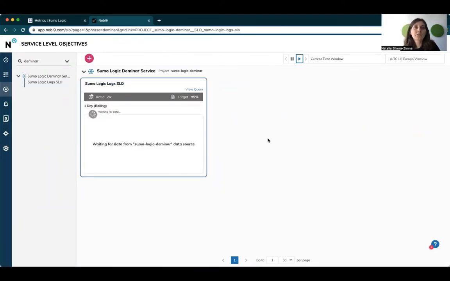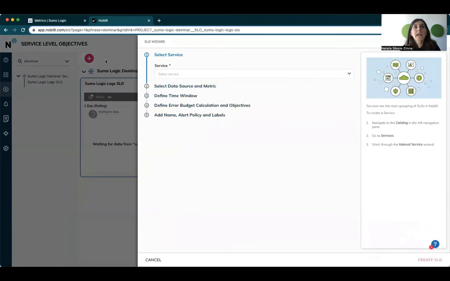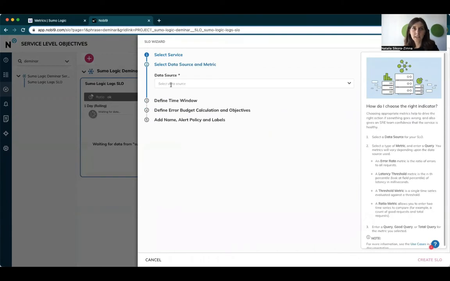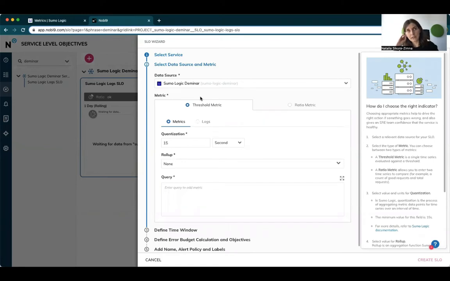And while we are waiting for data from my data source, let's create another one. I'm choosing the same service and the same data source that we used before. But this time I'm going to use my metric data. So for metrics, I want to monitor the CPU load average. So I'm using, again, the exact same metric used in